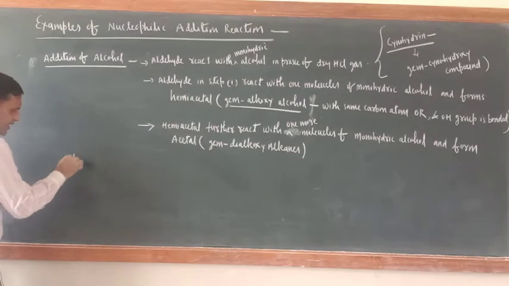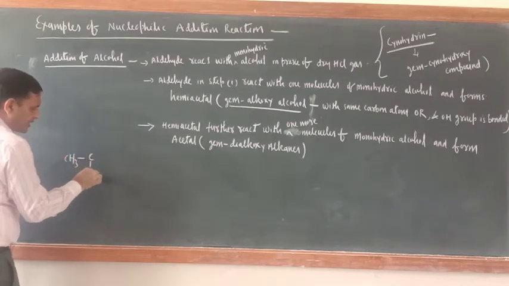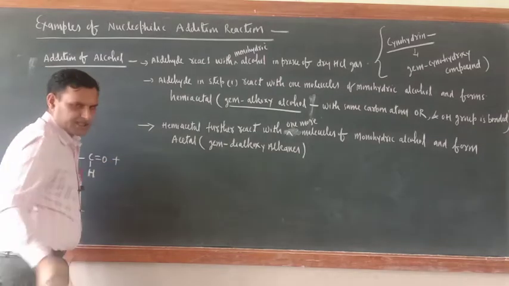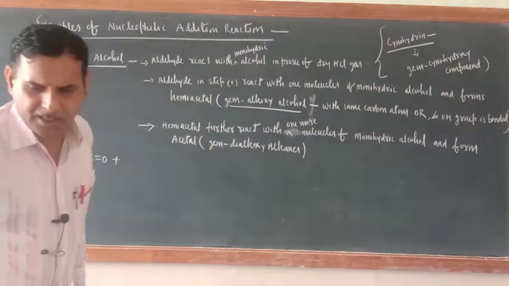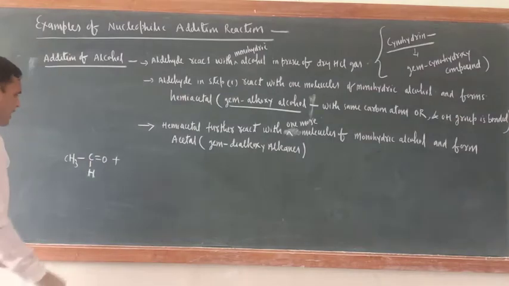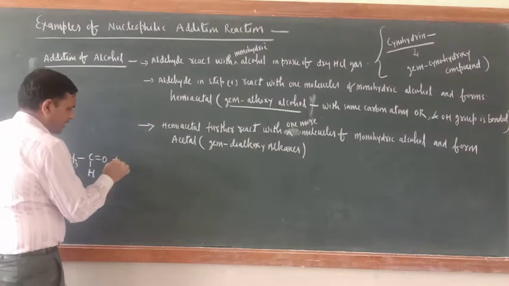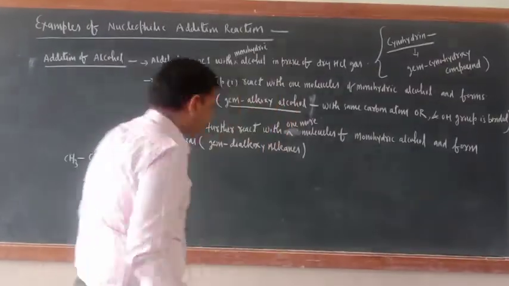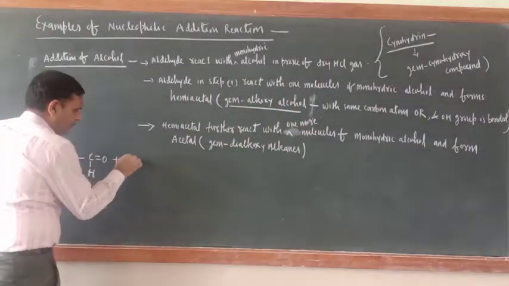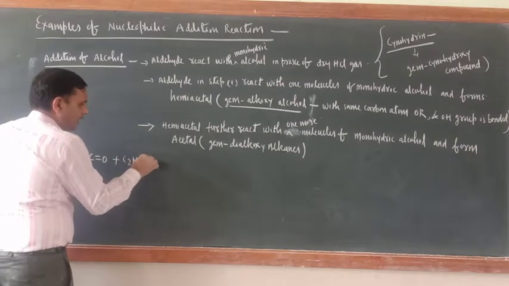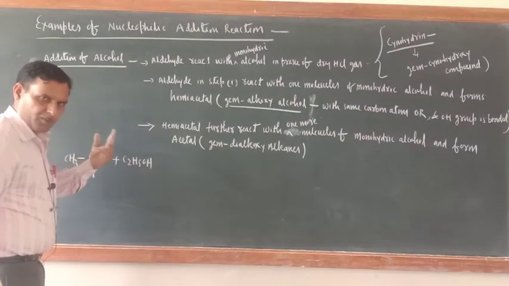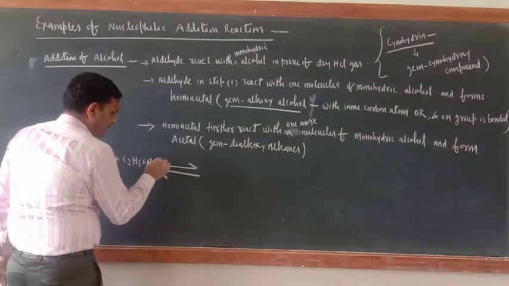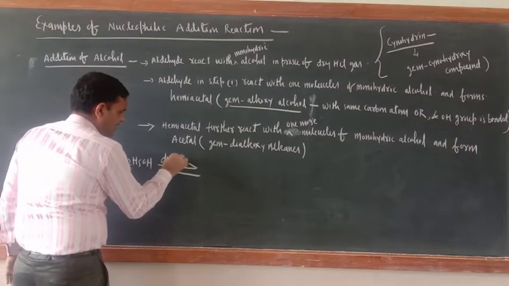This is acetaldehyde, CH3CHO, with a C double bond O. Take one particular alcohol. In the NCERT book they have taken ROH. I will take C2H5OH. This is also a monohydric alcohol. What is the meaning of monohydric alcohol? Alcohol which contains one OH group. Now here is a reversible reaction in the presence of dry HCl gas.